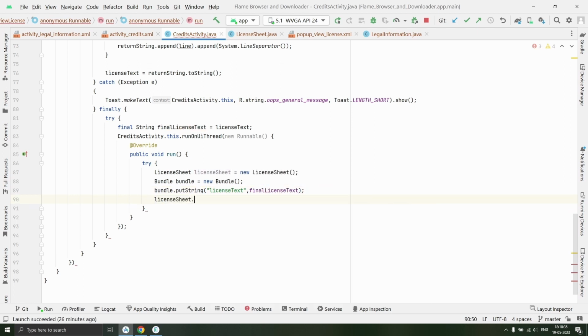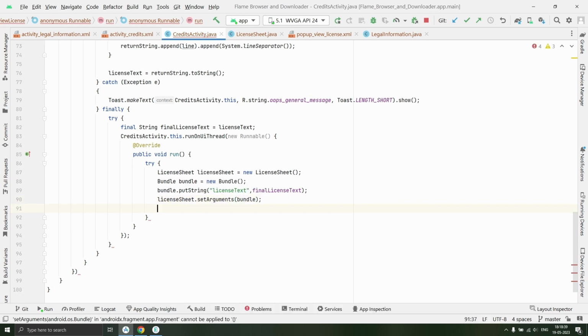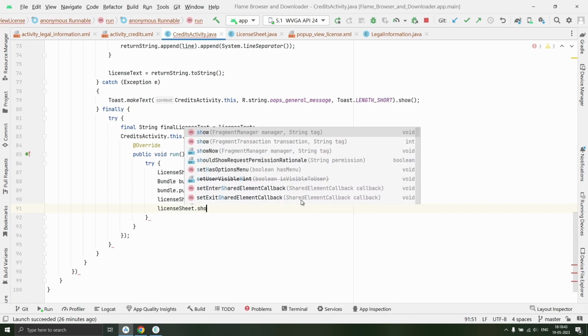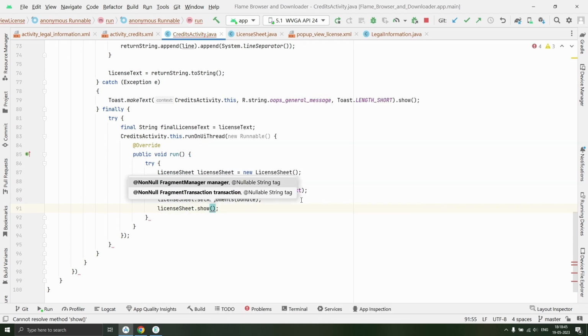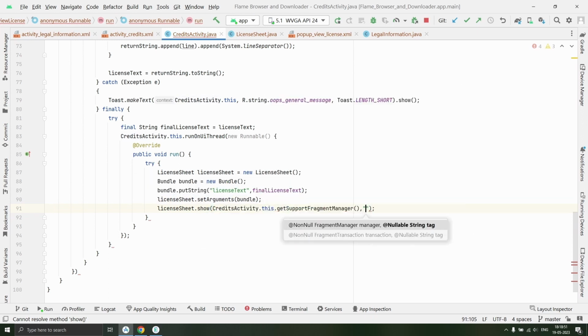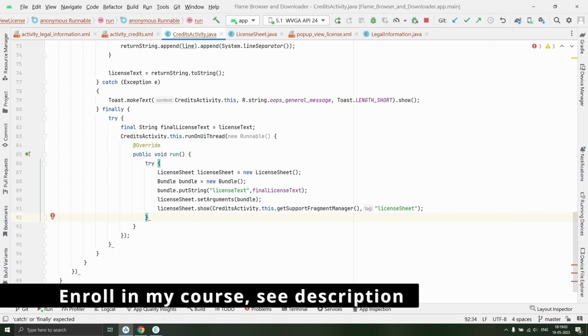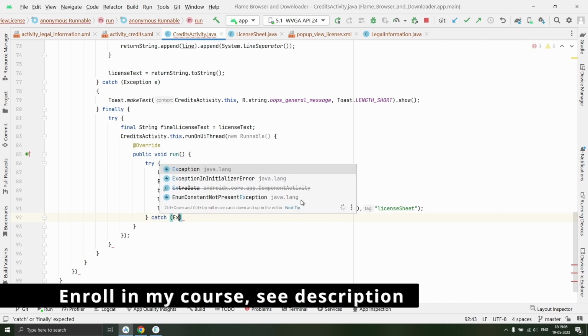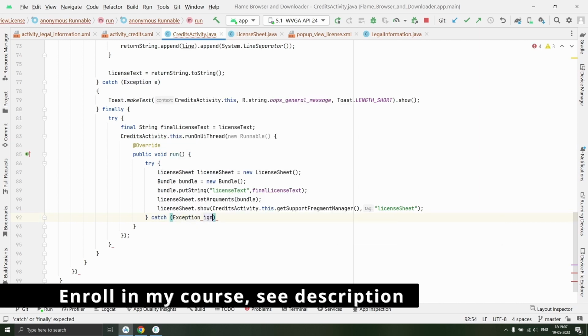Then we will use license sheet dot set arguments and we will pass bundle, and thereafter we will show our license sheet using show method, and we will use credits activity dot this dot get support fragment manager and we will pass license sheet as tag. Then we will catch exception and ignore it to prevent crash,